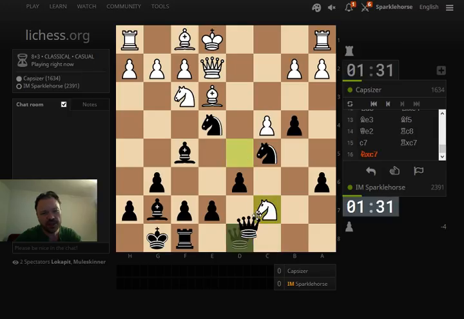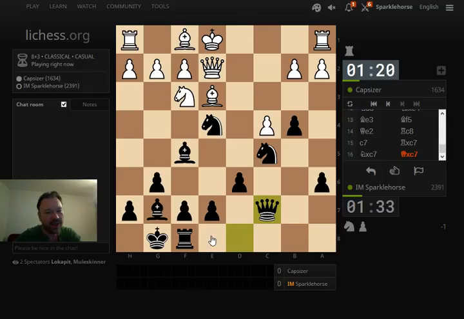I could play anything, but this is much clearer. Just to sack the exchange and play with great compensation. I could play something else, but queen e8 was my original idea. It's very convoluted. So...